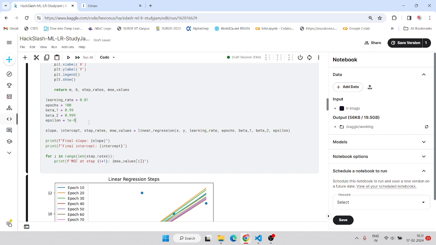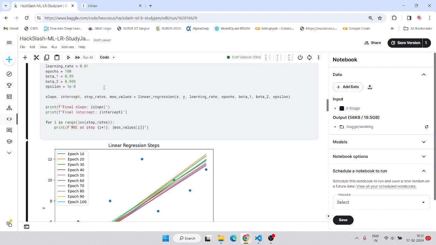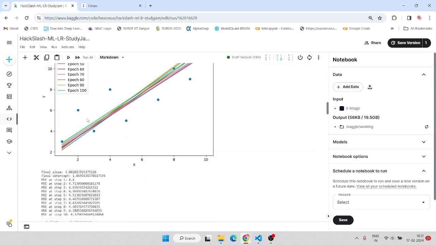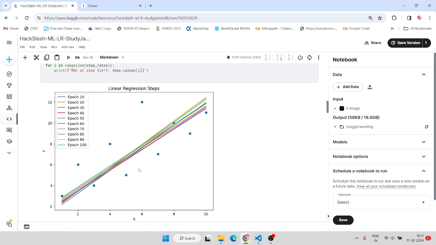So basically, there may exist a case where you divide some function by zero. So epsilon just stops that from happening. As this is very close to zero, the calculation will be nearly approximate as compared to theory, and it will be good. So as you can see, the moment we run this Adam optimizer, the linear regression gives us a value of